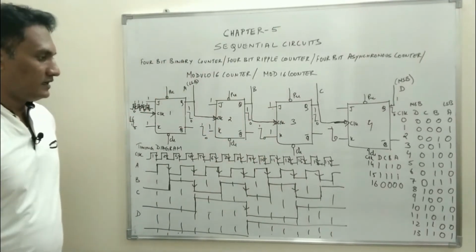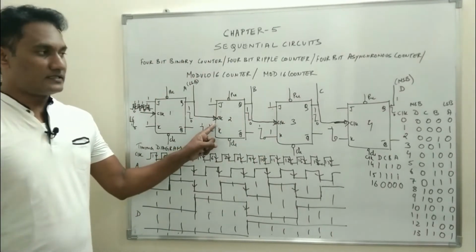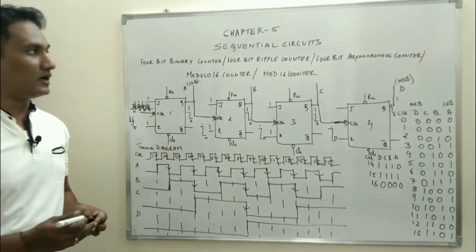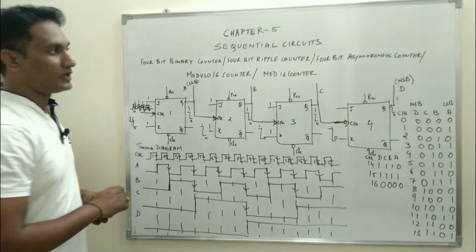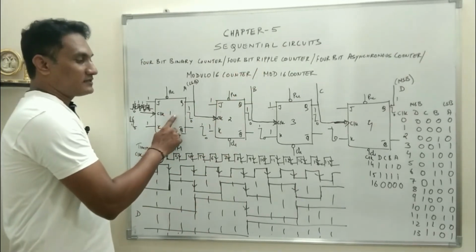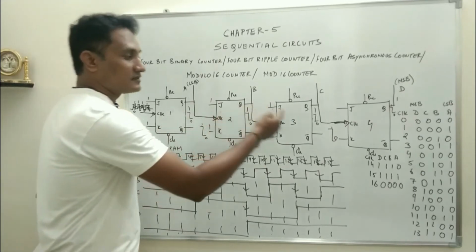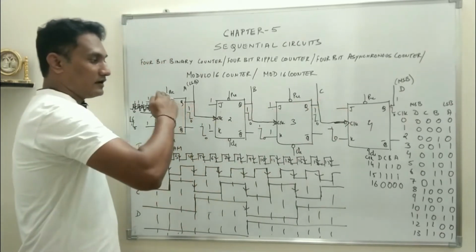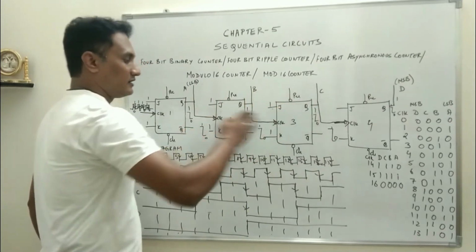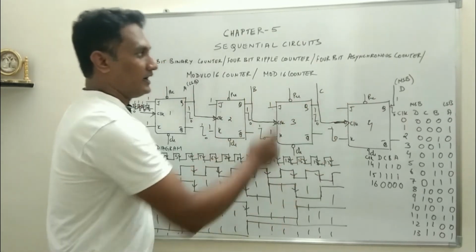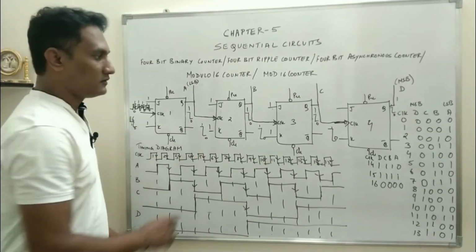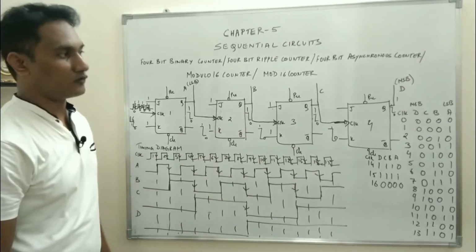So this is the circuit logic diagram, truth table and timing diagram of the 4-bit binary counter, which is also called a 4-bit ripple counter. As I said, what happens is the first flip-flop changes depending upon its input, then the second changes, third changes, fourth changes. So there is a ripple-like generated binary data. The ripples of binary data are generated from 1 to 2 to 3 to 4, and therefore it is called a ripple counter. It is a 4-bit asynchronous counter because all the flip-flops are clocked at different intervals of time.